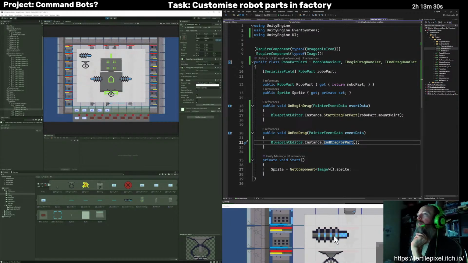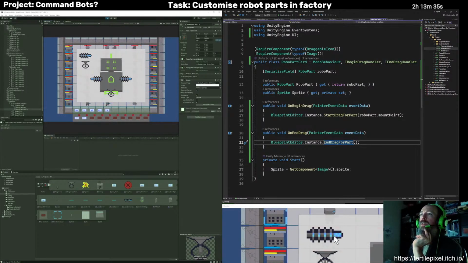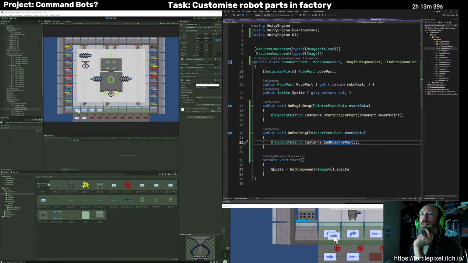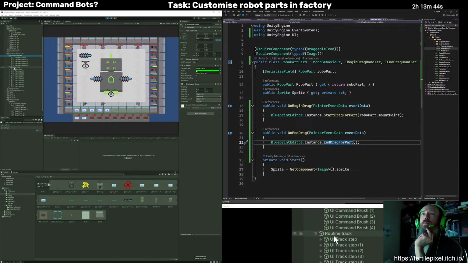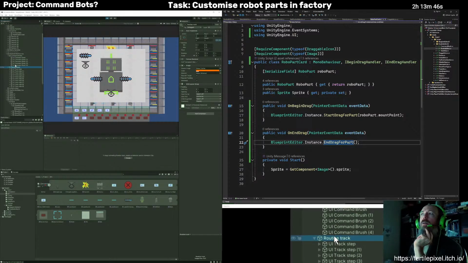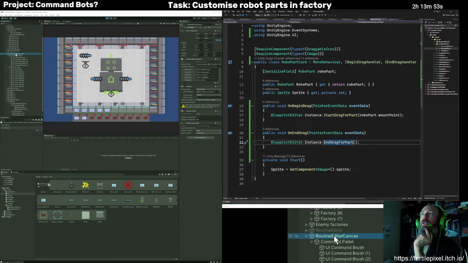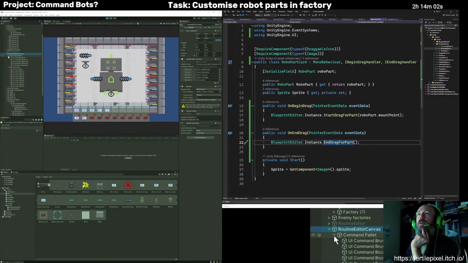Or actually, probably the best thing to do with this is, before I say that, let me check these guys here. So this is like the routine track and the command palette and routine editor canvas. Just thinking, so this is one canvas here.